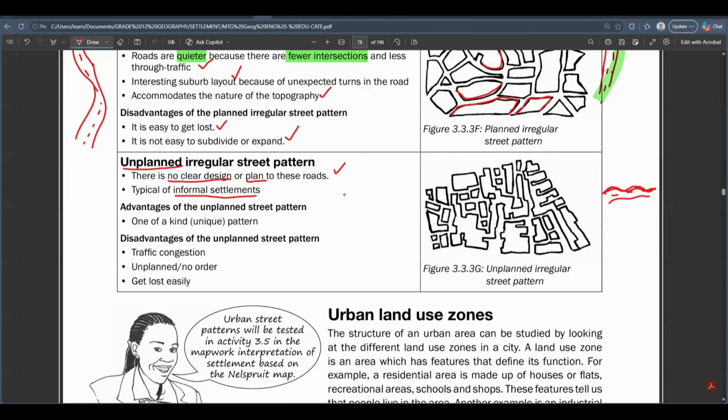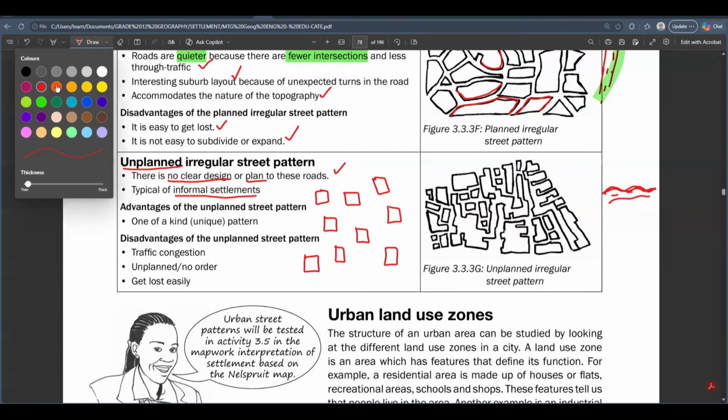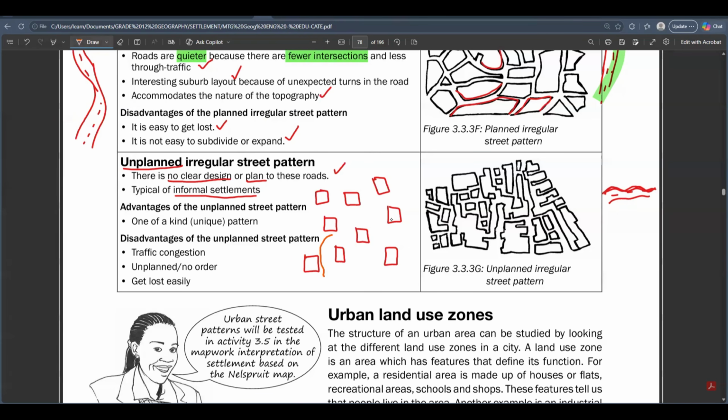Imagine, guys, I put my shack here, another person puts their shack here, another person puts their house here, another one here. So basically, in an informal settlement, there is no strict planning of how the houses are arranged. Because the roads also depend on how the houses are arranged. So even if I want to put a road here, the road will move in a weird manner. A road can move like this and like this and like this, between the houses.